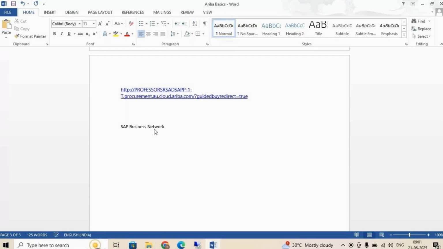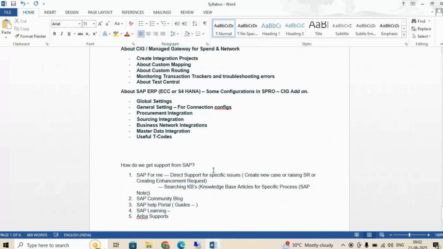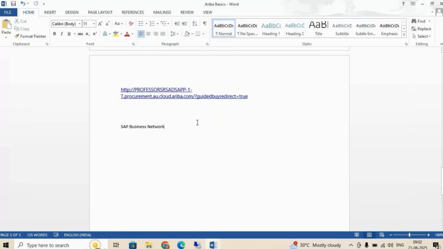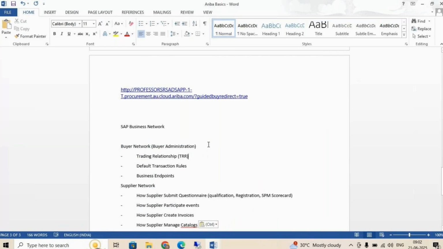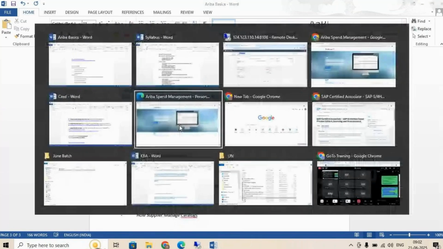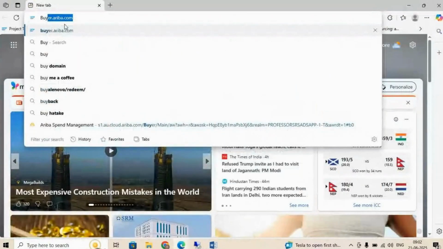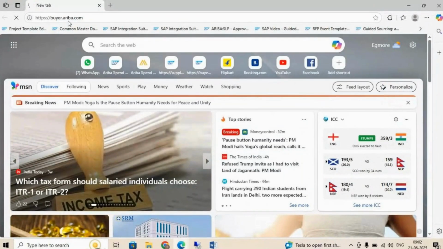So in SAP Business Network, as we discussed, we have both buyer network and supplier network. Both have different URLs. Both are termed as business network, but the URL remains different. If I log in here, just buyer dot. So we don't have test and production and all. The same site. If I go to buyer.ariba.com,